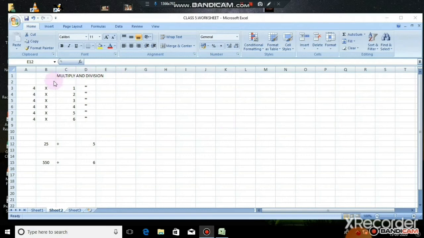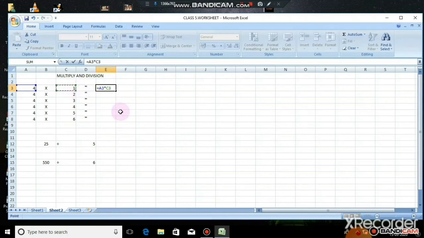Now we are going to see how multiplication and division take place in the Excel sheet. In one cell I entered 4 into 1 is equal to. I told you a formula should always begin with an equal to sign. So equal to, press on the number 4, it is A3, and the multiplication symbol is not X, it is a star symbol.